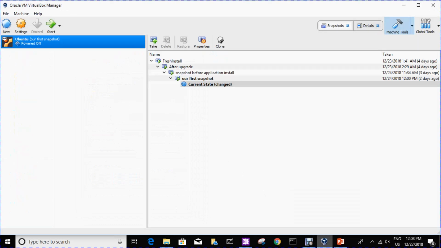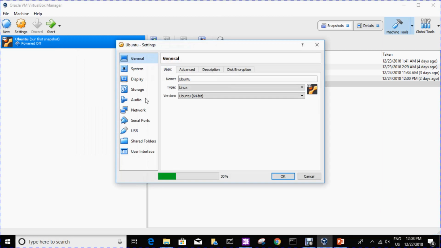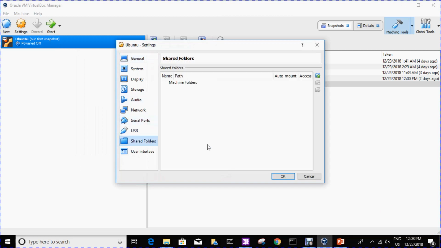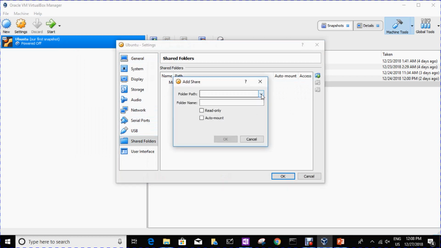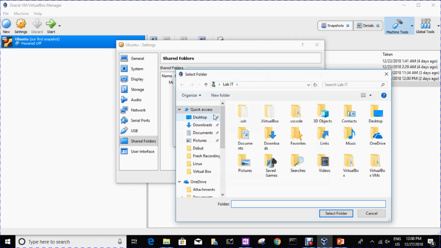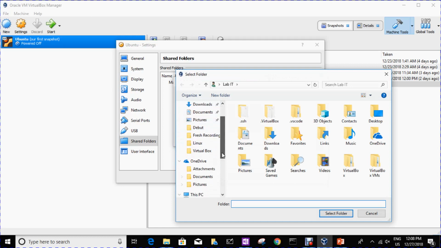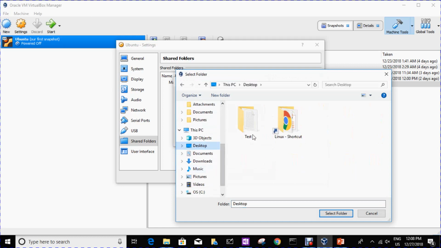After that, I will go to my VirtualBox. I'll click on my virtual machine settings and then go to shared folder. Once inside shared folder, I can click on the plus icon, and from the folder path I can click on this drop down, click on other, and then I can go to my desktop, click on the folder, and I can select folder,